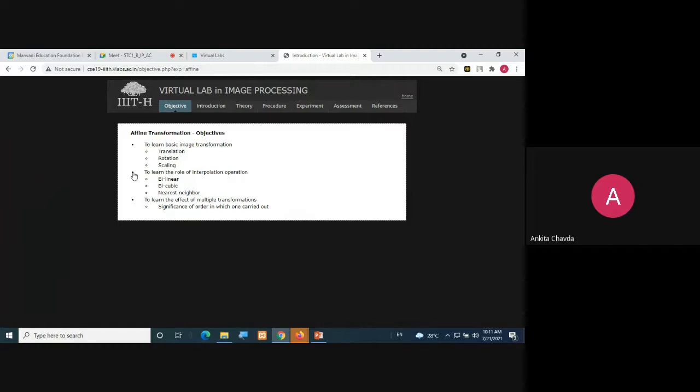Scaling means zoom in, zoom out. Then we saw rotation, at some degree we rotate our image. It's very simple to do. Then the translation: from your X and Y, from the top corner, how many pixels you want to leave and then place your image. That is the translation.